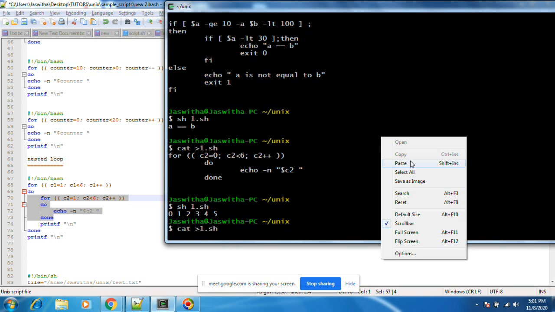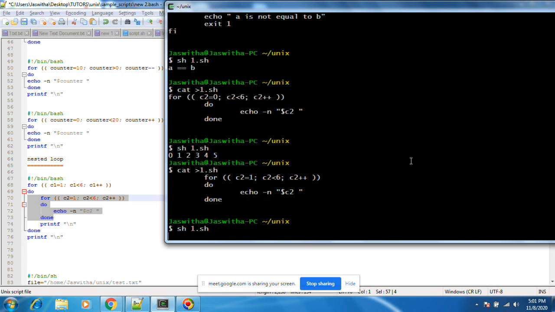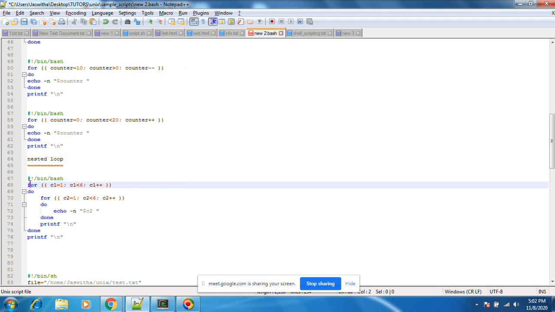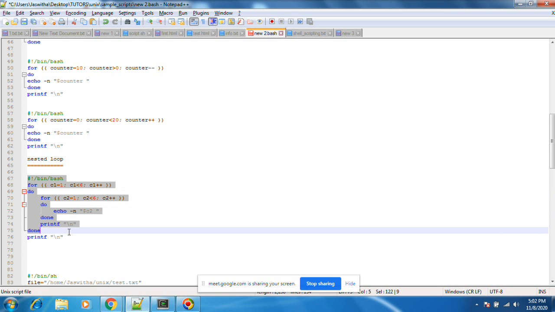I'm just copy pasting. This is some programming logic. Wherever you go, whatever the programming language, C, Java, .NET, anything, this thing will come. Okay, 1 2 3 4 5. Yes, this will also print. Now in this case, first for 1 to 5. Let's run the entire thing. Loop inside loop, nested loop.